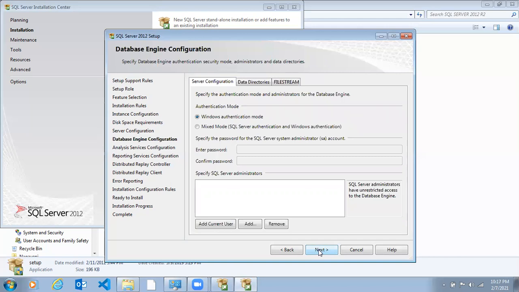Here is the important thing we need to notice. To log in to SQL Server, there are two types of authentication. When you switch on your laptop or PC, first it asks for a username and password, right?